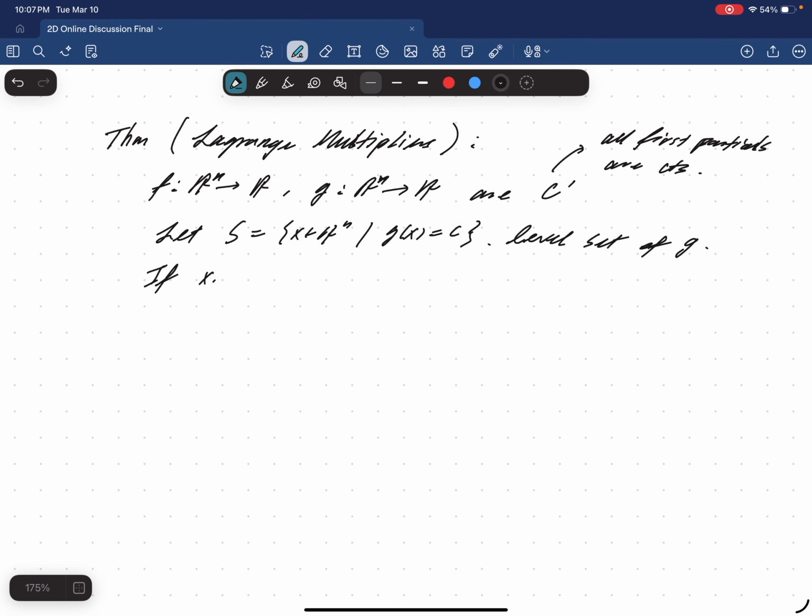And if x naught is a local extremum of f restricted to S, so f restricted to S is basically the same as f, but I restrict my input only to S. Then,